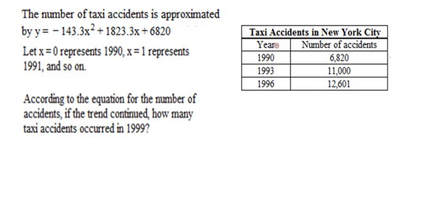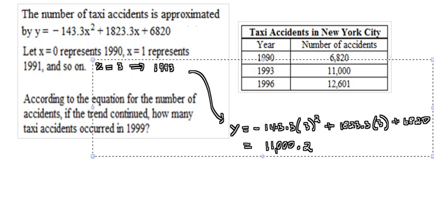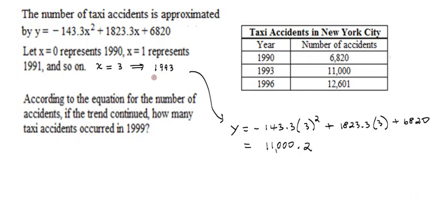So, to verify this data that's in the table, if you let x equal 0, we will be finding the number of accidents in 1990. And that's easy to confirm. If x is 0, that term goes away, that term goes away, and we have 6820, which is what the table tells us. If we wanted to calculate the number of accidents in 1993, we're going